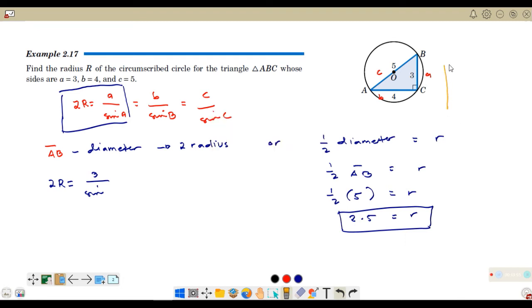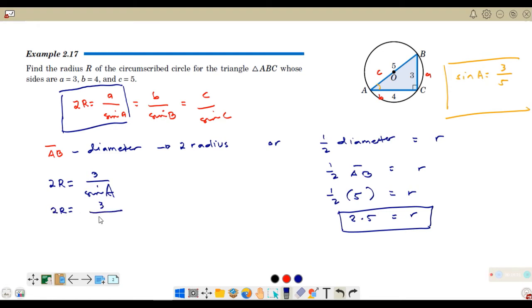Lagay ako dito ng computation ng sine A. Actually, pwede nyo gamitin dito kahit na anong ratio. Inuna ko lang si A. So, si A ay hindi natin alam ang measurement. But, sine A is the opposite, which is 3, over the hypotenuse, which is 5. So, you can use sine A, which is equal to 3 over 5. So, meron tayo ditong sine A, which is equal to